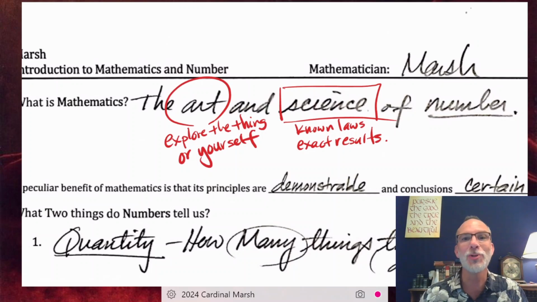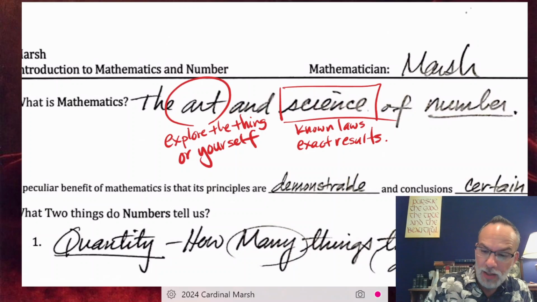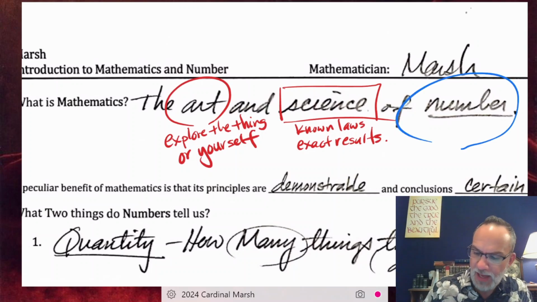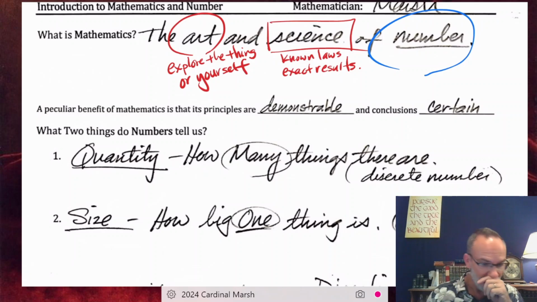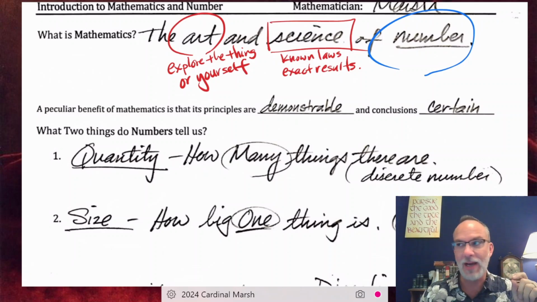But we're also going to do it as a science, which means once you figure this stuff out, we're then going to apply it to practical situations and we're going to produce exact results. So that's what we're doing for mathematics. Now, number. That's the interesting thing. Mathematics deals with numbers. So, oh, by the way, before we go on, a peculiar benefit of mathematics is that the